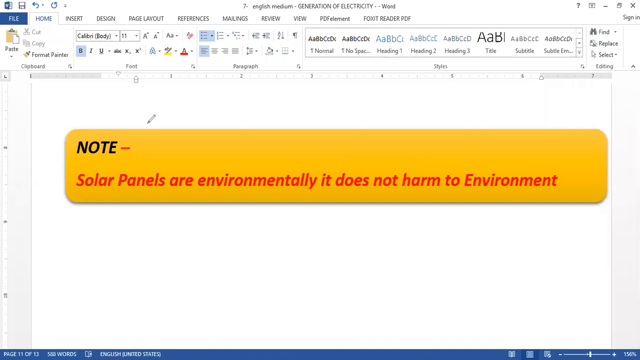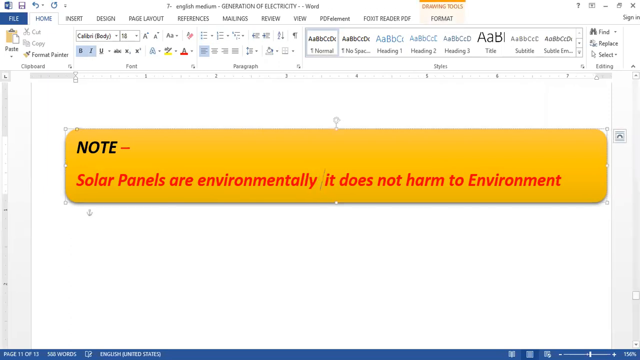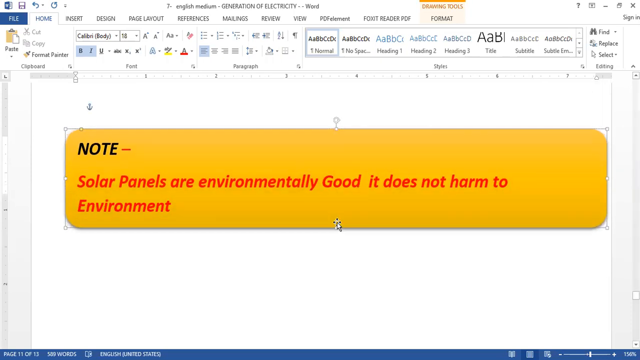Now here you can see the norm. Solar panels are environmentally good, right? It does not harm the environment. Why does it not harm the environment? Look,